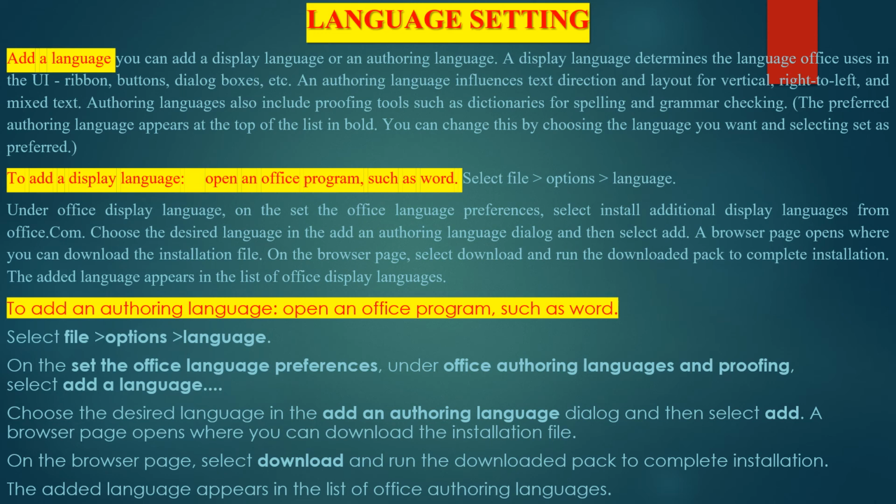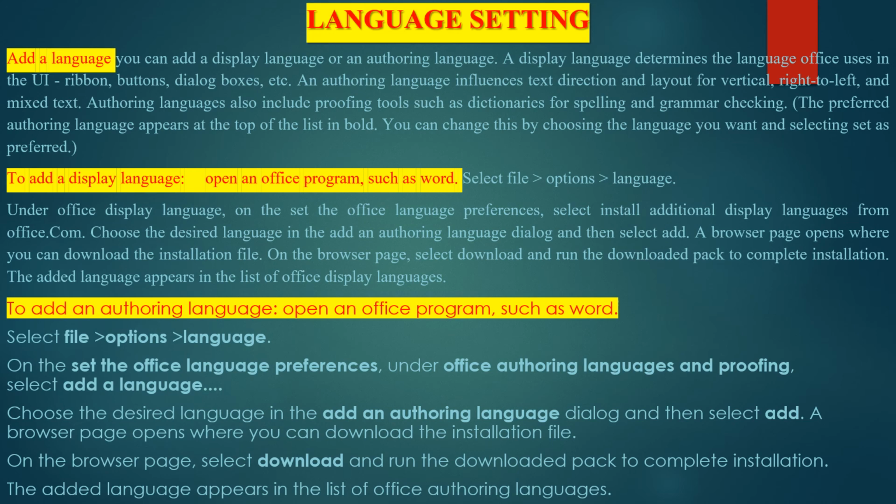A browser page opens where you can download the installation file. On the browser page, select Download and run the download pack to complete installation. The additional language appears in the list of Office display languages.